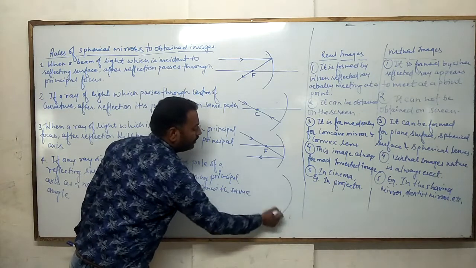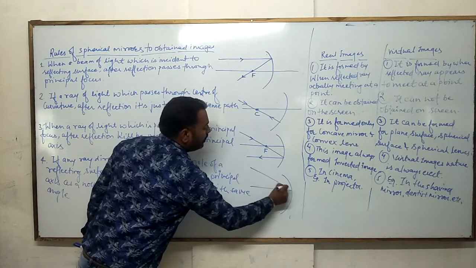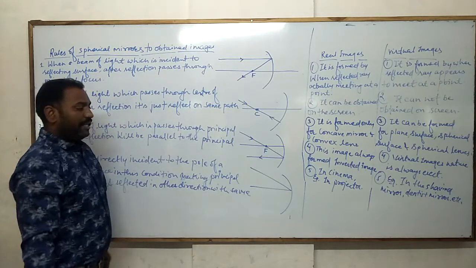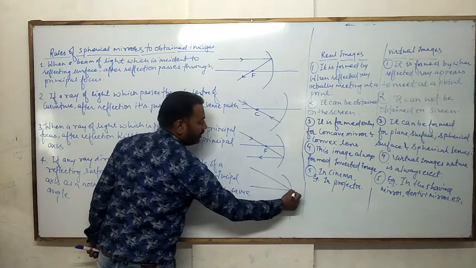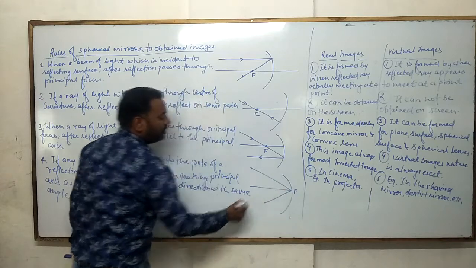It means that if a ray is directly incident to the pole, here, then in this condition,